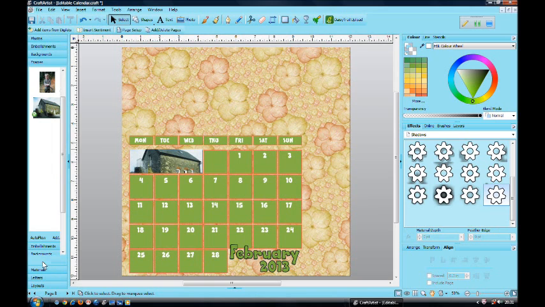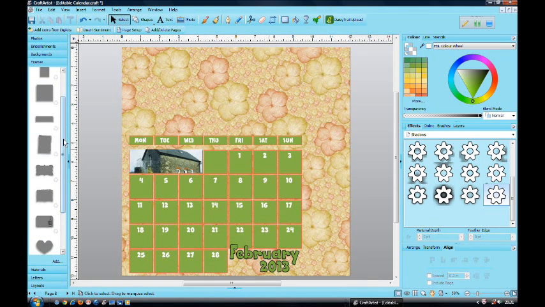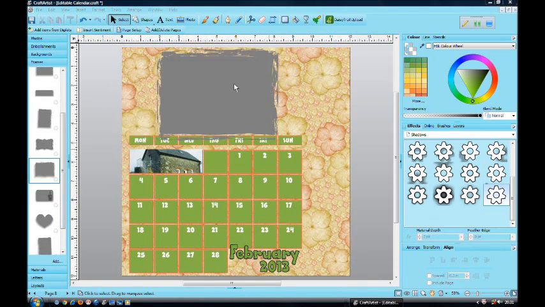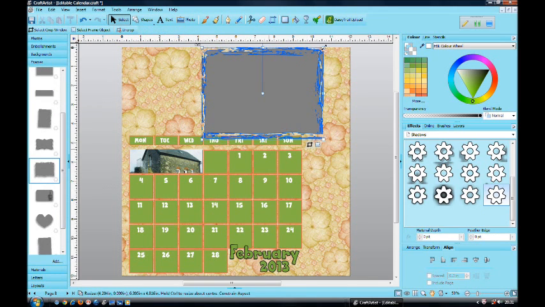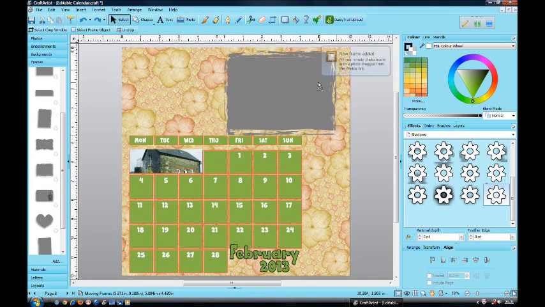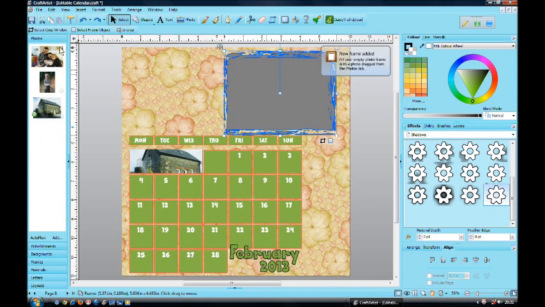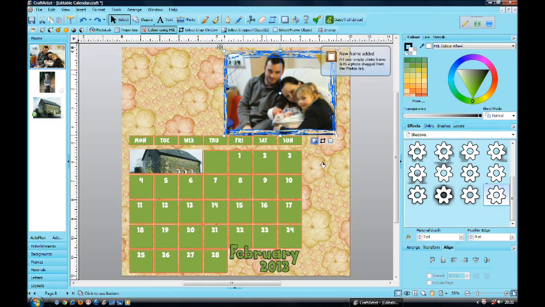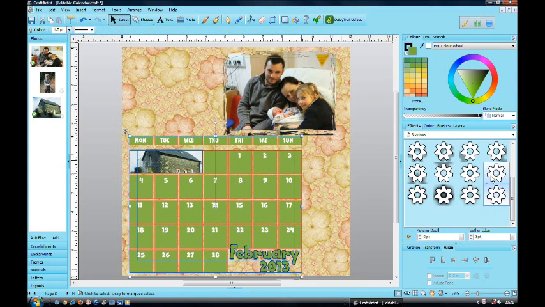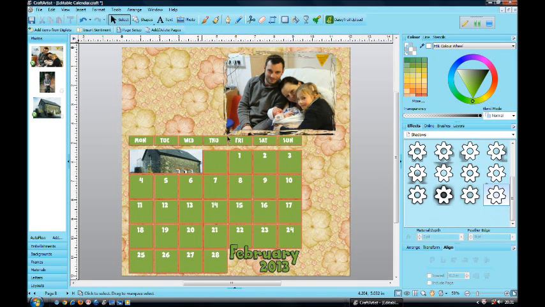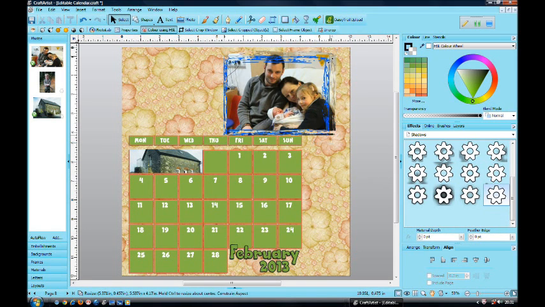You can add other frames to your page. And you can just embellish the page with whatever kits you like, do whatever edits you like, add shadows, all kinds of things, but that's just a few basic edits